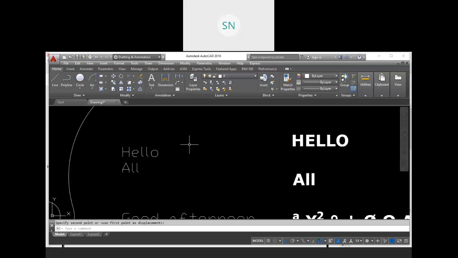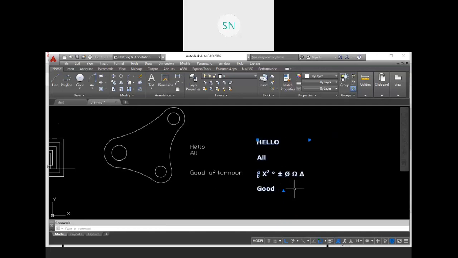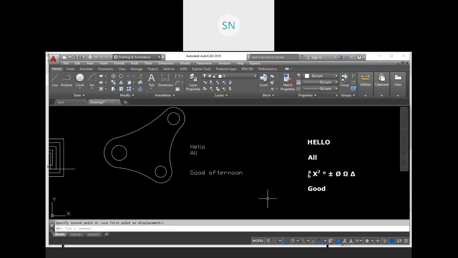But in multi-text, all our texts are linked, connected. So this is like a paragraph, right? So we are not able to move this good afternoon alone. It comes with all the other text. So that's the first difference.